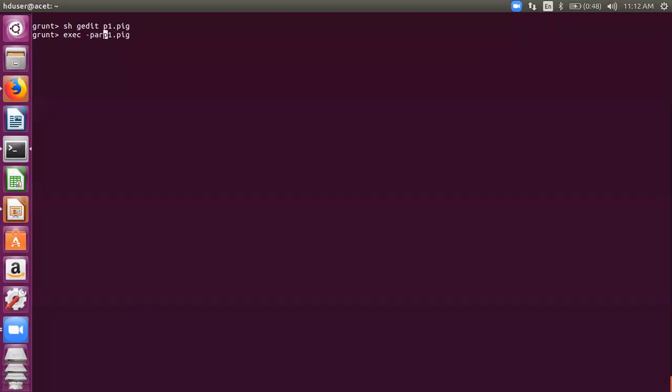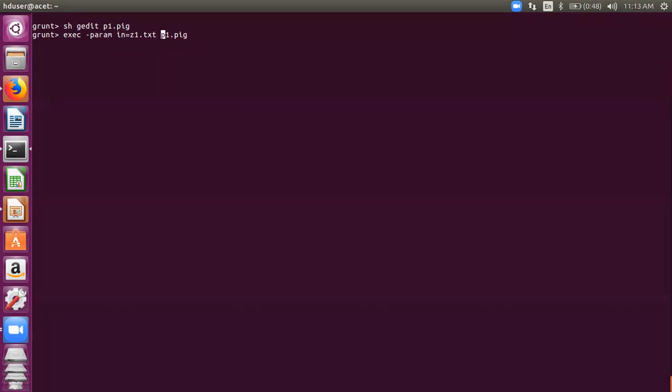For that I can use -param. This command needs to be done very carefully. First you must say that you want to give a parameter, so you write -param. Then you write the name of the parameter, that is in. Then what you want to pass to this, you should write it here. So you want to pass this thing to this. See how I've written it.